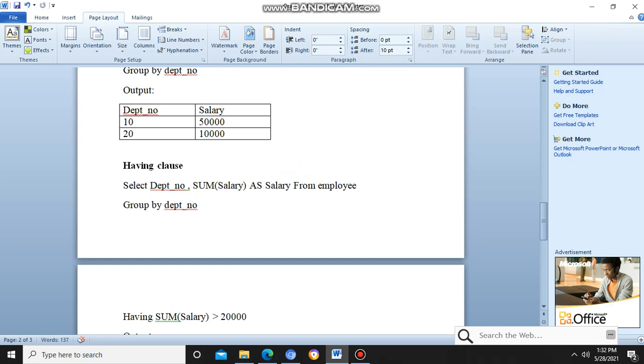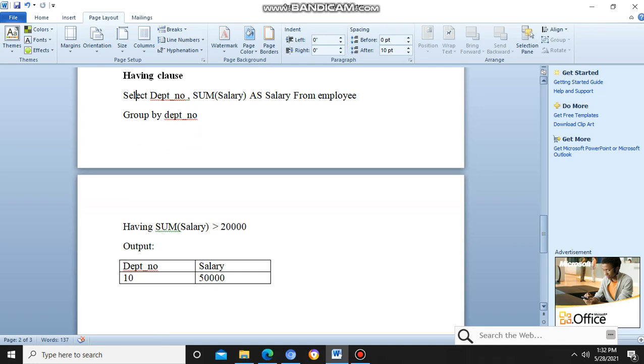You will get the output of the prior query up to here, and following that we are giving a having sum of salary greater than 20k, which means the second row will not come, only the first row will come, which we can see over here.